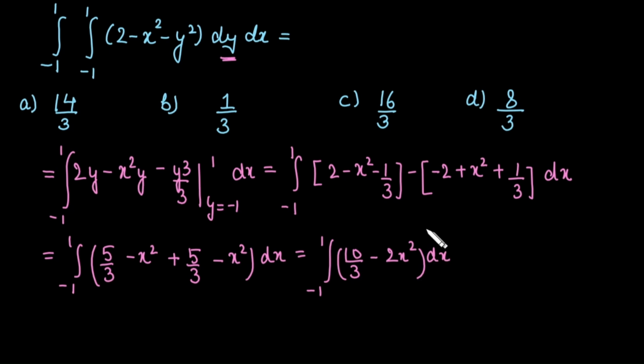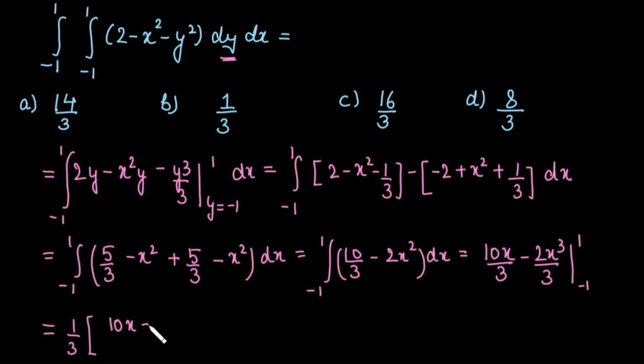Now take its integration with respect to x. That is 10x by 3 minus 2x cube by 3. Lower limit of x is minus 1, upper limit is 1. This is equal to 1 by 3 is common term, 10x minus 2x cube. Lower limit is minus 1, upper limit is 1. This is equal to 1 by 3. Substitute upper limit, this is 10 minus 2 minus lower limit, that is minus 10, and in this case plus